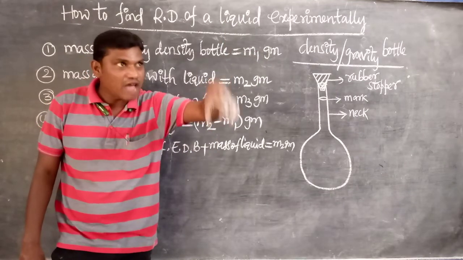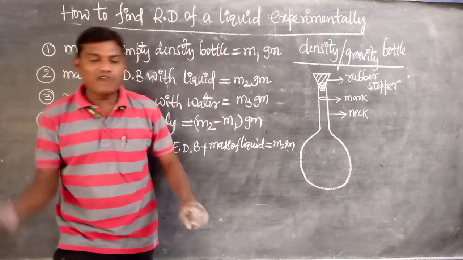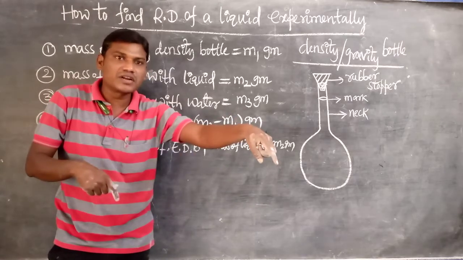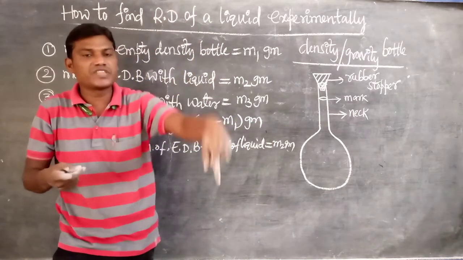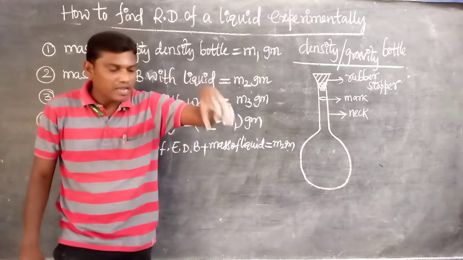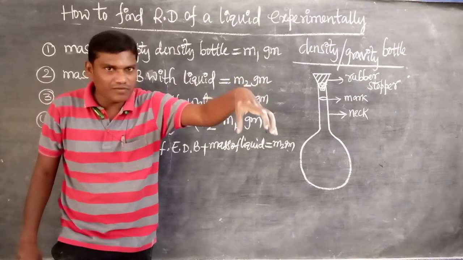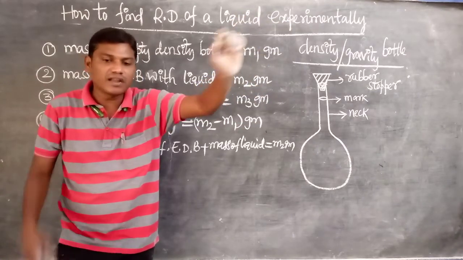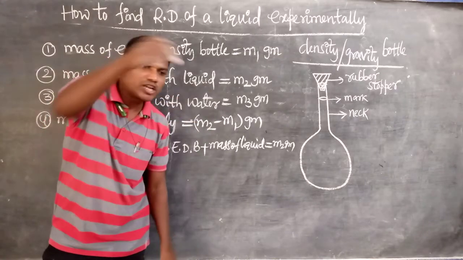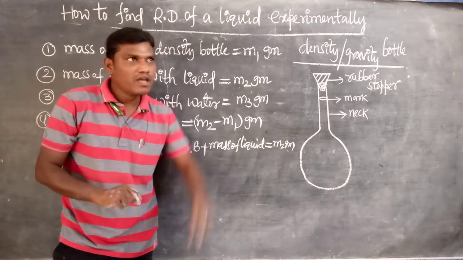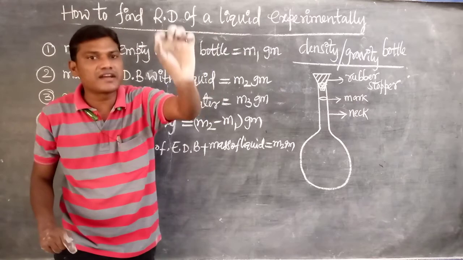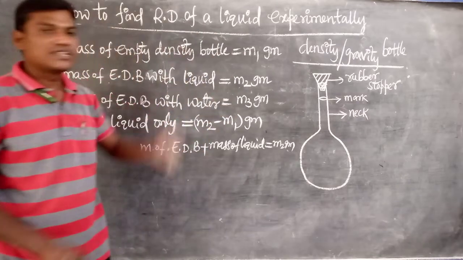Or for example, it has some mass, 200 grams. After filling 1 kilogram, that is 1000 grams, the bottle is already 200, so the reading is 1200 grams. Listen very carefully. Initially the empty bottle is kept on the electronic weighing balance and shows some mass. After that they fill whatever liquid you want, for example 1 kilogram of vegetable oil. When they pour it in the bottle, does the value stop at 1000? No, the value comes to 1200. 1200 is nothing but m2. That is the meaning of that.